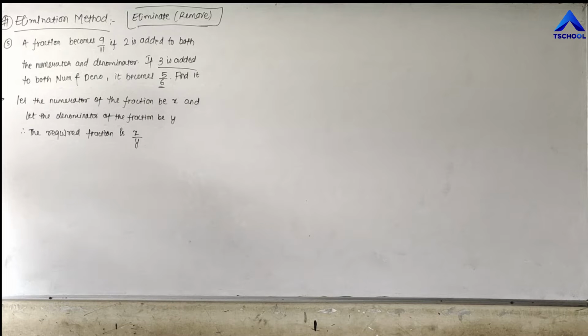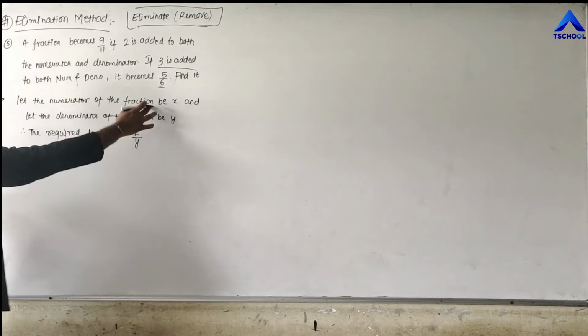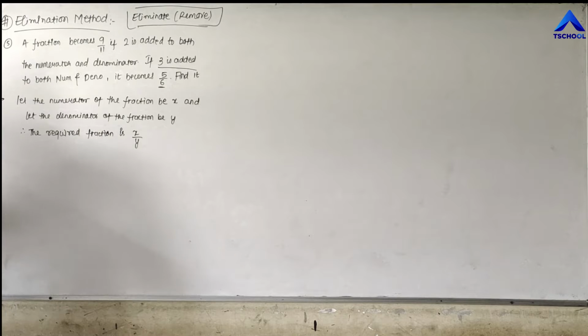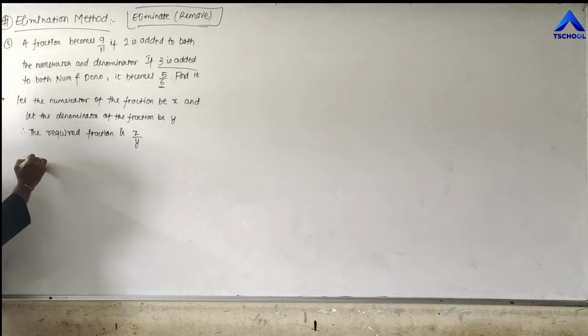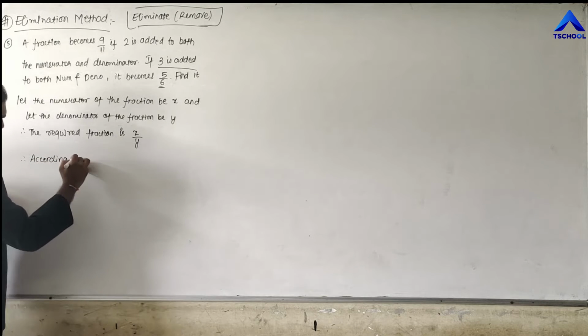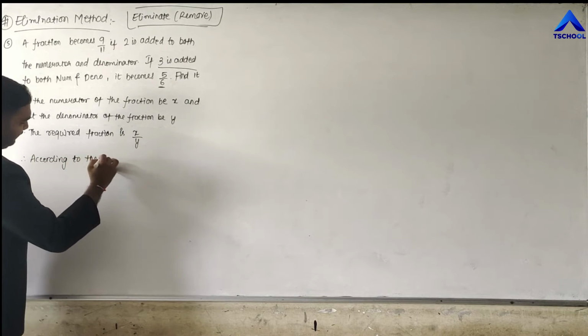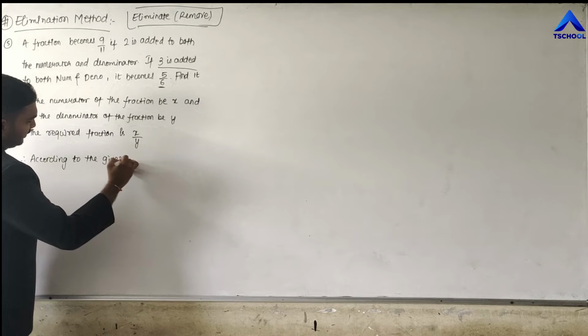So what we shall do is we shall find out the values of x and y, and then we shall substitute it in this fraction, right? We shall find out the values of x and y and we shall substitute it in this fraction. So we shall get our required fraction. Therefore, according to the given information or the given condition,